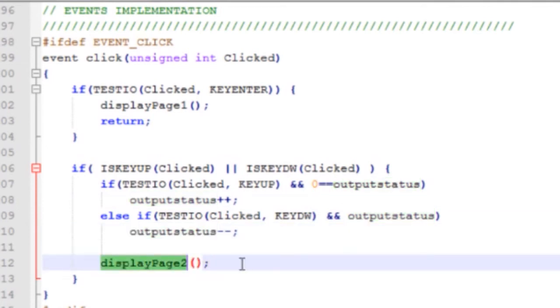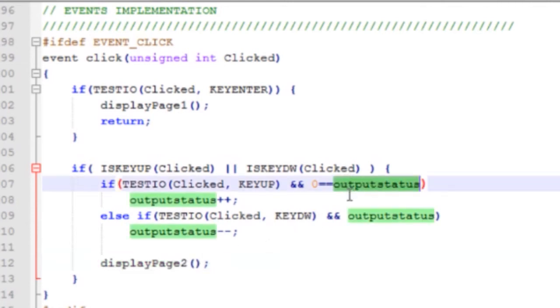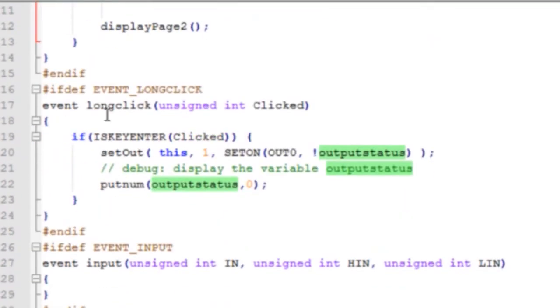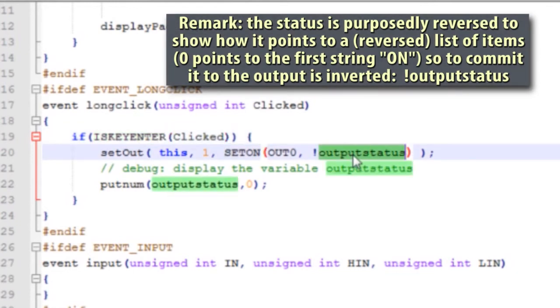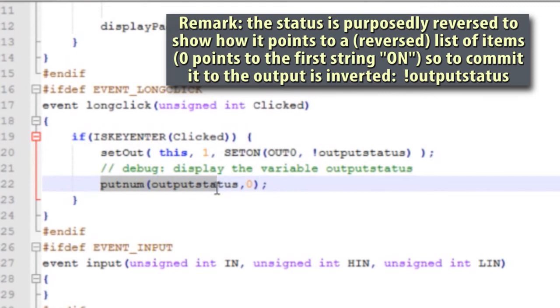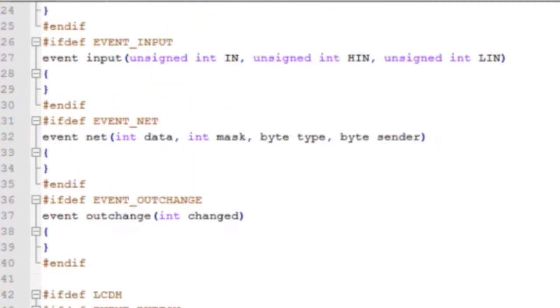And here then is displayed page 2, and page 2 will display what the actual value of the output status is. And here the event long click, where if the key enter is pressed, we will set the output with the output status, and further we print this information as a debug. We put the actual number of the output status onto the display. And finally,